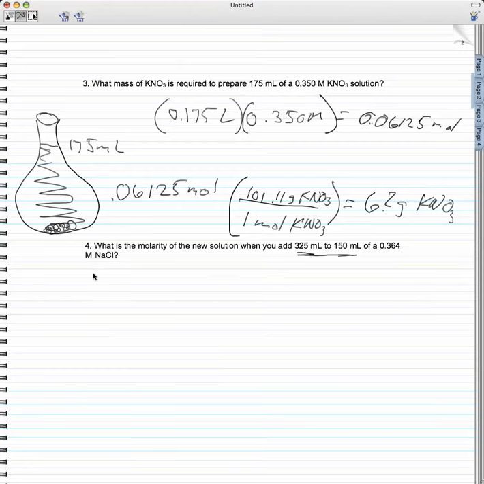Okay, and so there's a couple ways to do this. One way we could figure out is, in the 150 milliliters, how many moles there are at this concentration, so that's going to be the same moles, and divide that by our total volume. Okay, and that's going to work. One thing that's going to help you though, anytime you're doing a dilution problem, is this equation. It's also going to help when we see some reaction stuff. We know molarity is going to be